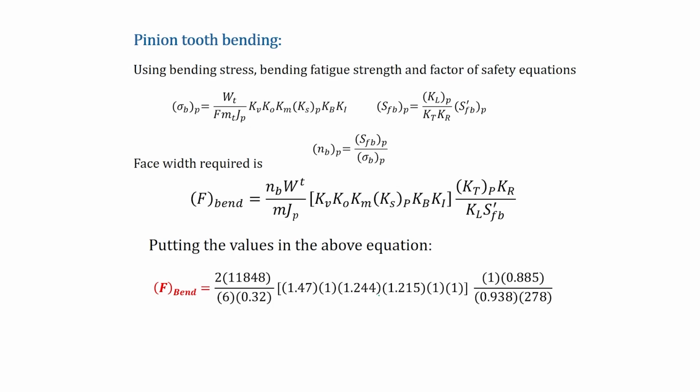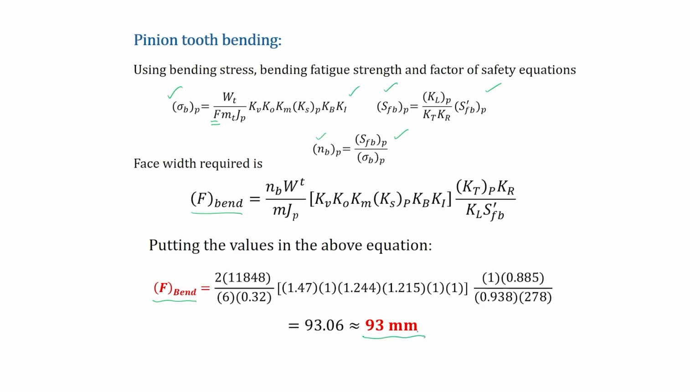So, for the case of pinion, we have bending stress, and this is the bending fatigue strength, and taking given factor of safety as 2. Using all this, we get the F corresponding to bending, and F bending is this formula using this equation, and this. Substituting the factors, we get face width considering bending is equal to